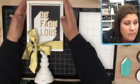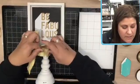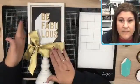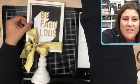Yeah, so Susanna will always fix my bows. Listen, this one's not horrible. It's just, it is fabulous. Okay, so